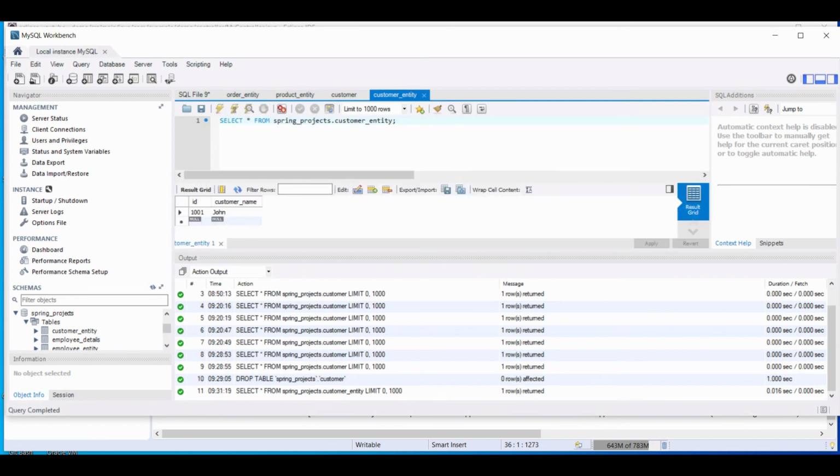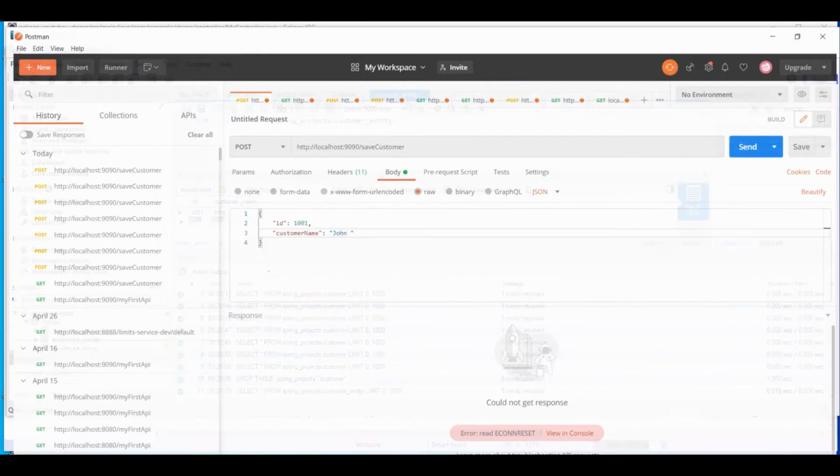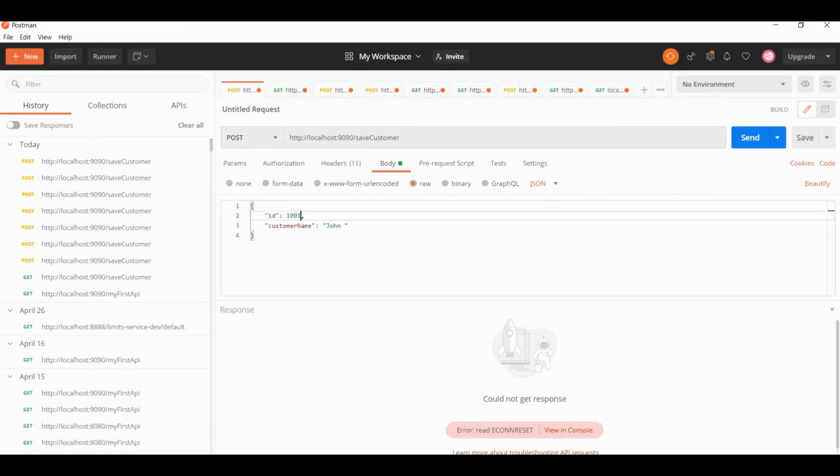coming. And now to test this, we'll send another data. In place of 1001 we'll send 1002, and in place of John we'll send something else, customer 2. Now hit this API.